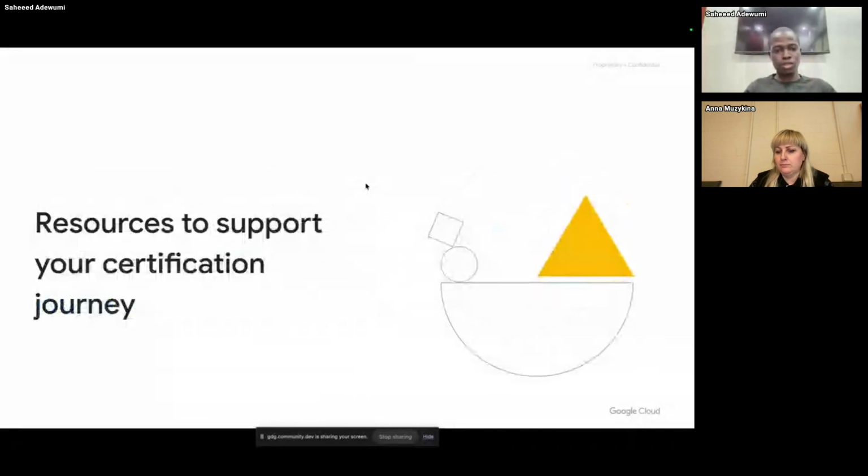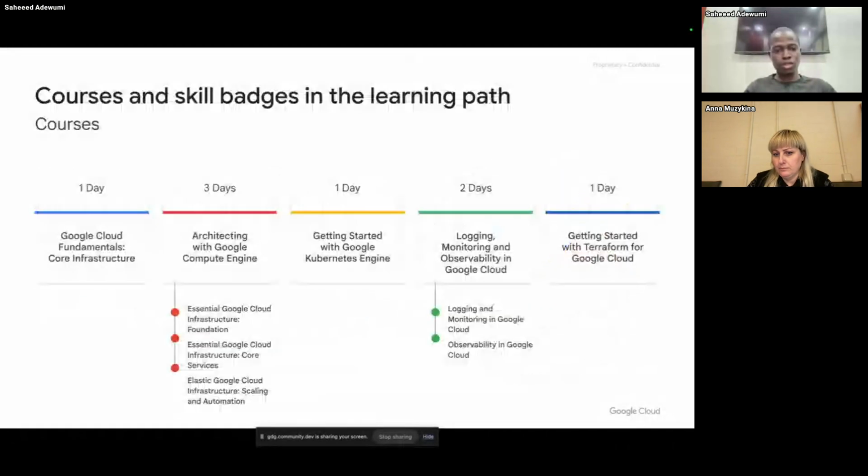Moving forward, these are the resources. For mine, when I was taking the exam, I made sure I followed some process from time to time. There is a platform we call Google Skills. You are expected to take some labs, some documentation, and some video tutorials to be able to understand how you can become an associate cloud engineer. So on day one, you have to